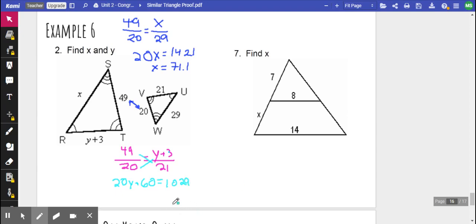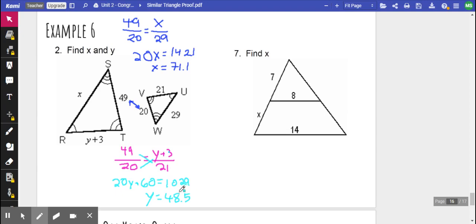Then we subtract 60 from both sides and divide by 20, so that y equals 1029 minus 60 over 20, which is 48.5 approximately